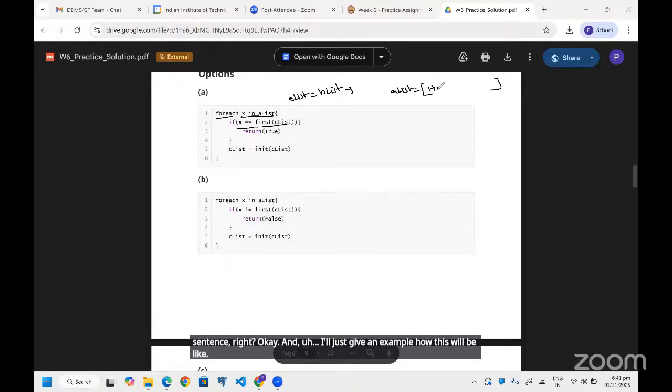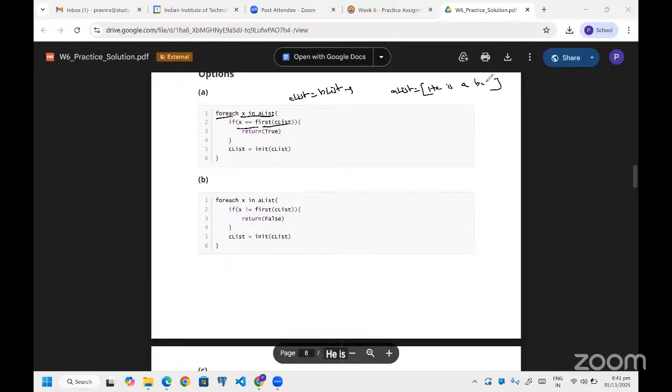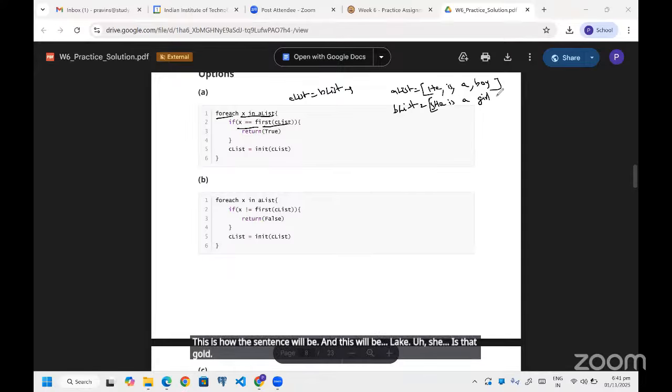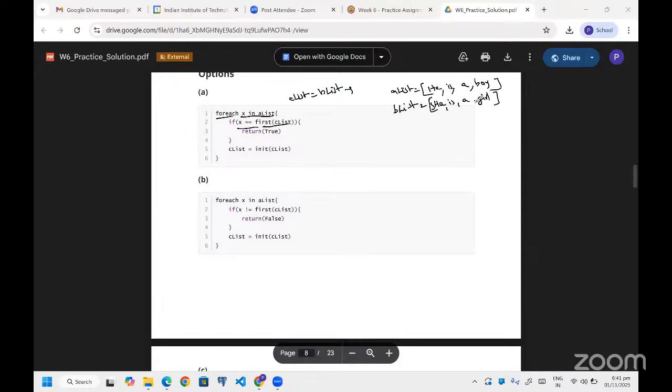He is a boy. So it has 4 words. This is how the sentence will be. And the other will be, she is a girl. Let's assume this as an example. So now we just copied this B list into C list. So the C list will be the same as the B list.